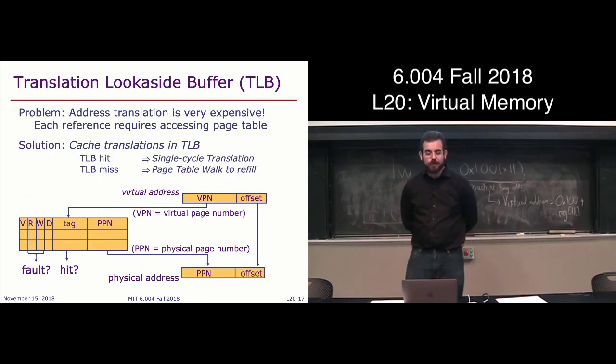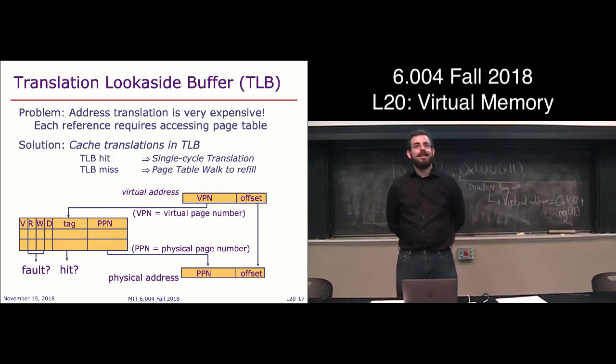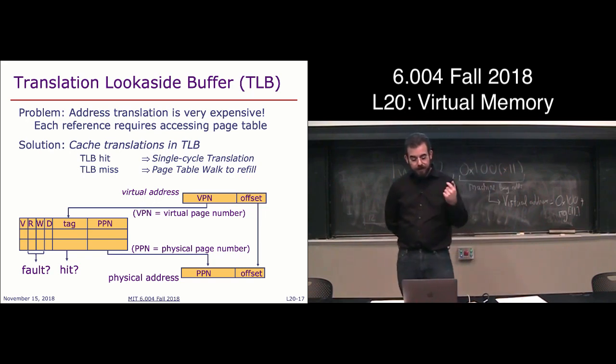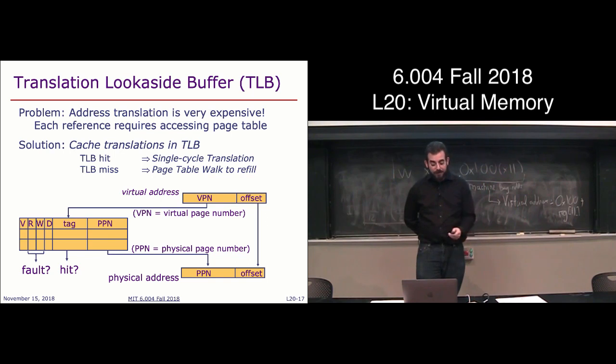And so what we do is we introduce a cache for the page table. This cache for the page table is called a translation lookaside buffer, or TLB. But despite this fairly complicated name, it's just a cache. It's a cache where the tag is the virtual page number, and then we're going to have all the same bits that we have in a page table entry. We're going to have a physical page number, the resident bit, the dirty bit, the writable bit, and so on. And we're going to have a valid bit just the same way that we have a valid bit in